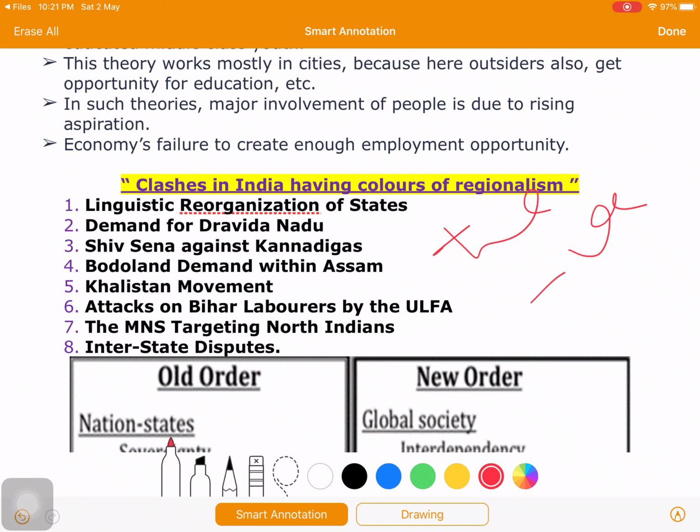Let us discuss these positive points. Basically, the scholars believe that regionalism plays an important role in the building of the nation, and it is true. But only if the demands of the regions are accommodated by the political system of the country is it going to play an important role in nation building. Regional recognition in terms of statehood or state autonomy gives self-determination to the people of that region, and they feel very empowered and happy.